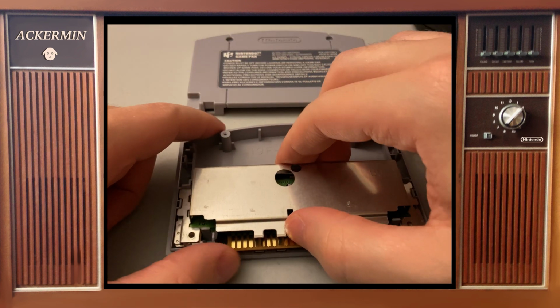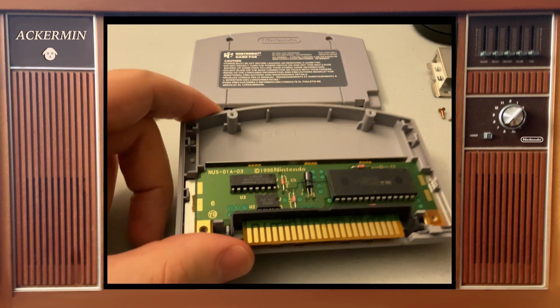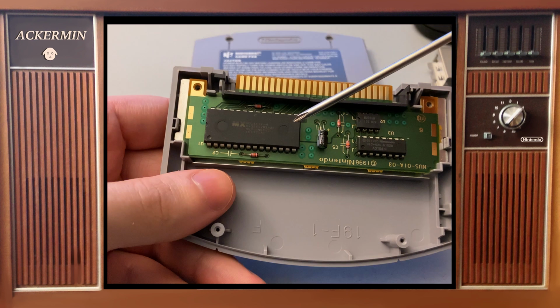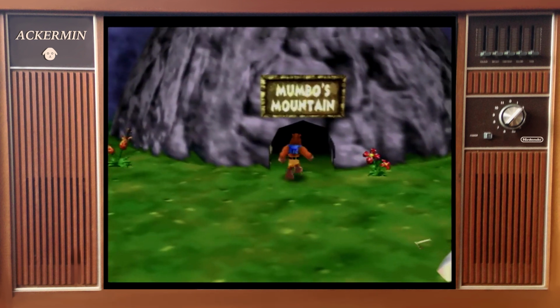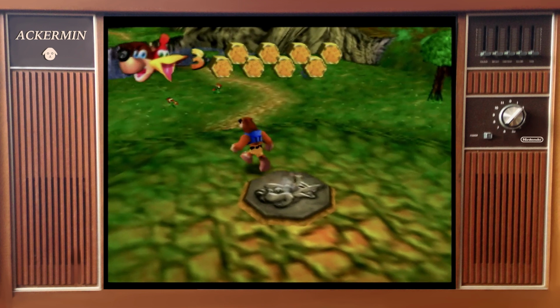Nintendo 64 games use solid-state memory to store game data, whereas CD-ROMs use optical-based memory read through the use of a laser. The system can grab a chunk of memory from the game pack's ROM memory and transfer it to its RAM almost instantly, so load times were practically eliminated in many cases. Compared to the rather long load times we see on the Sony PlayStation and Sega Saturn due to having to spin up the data needed every time the game loads,